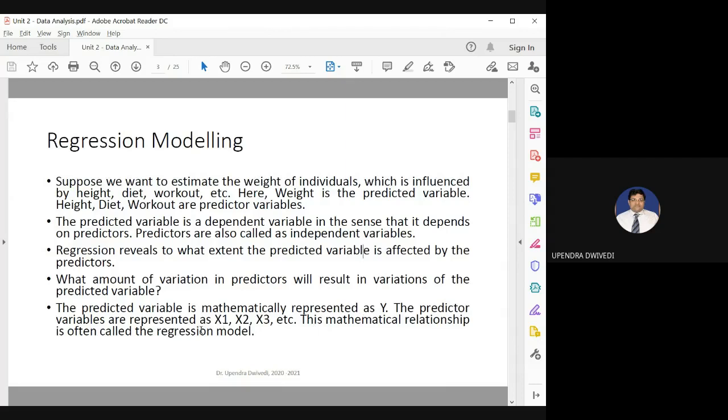The mathematical relation is often called the regression model. Now we are trying to find out in what mathematical relation x1, x2, x3 are related to y, and we call it regression. Suppose you have a1 x1 plus b2 x2 plus c3 x3 is equal to y. Now we have to find out the value of a, the value of b, and the value of c. Or we can define it as a polynomial equation, or as a linear equation. That depends on your regression model.